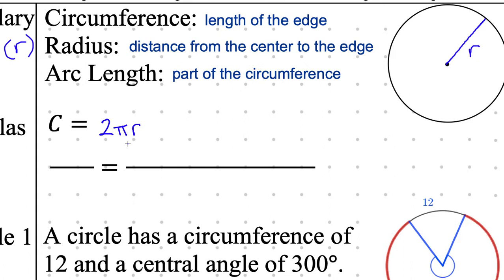So notice that I haven't formally defined it yet, but the diameter is twice the radius in terms of the distance. That means if I continued this line twice as far, the diameter is twice the radius. I can really rewrite this formula a little simpler. It's less useful, but there is another form of this. I can also say, I'll use a second color here, this is the same thing as pi times the diameter. And d here stands for diameter.